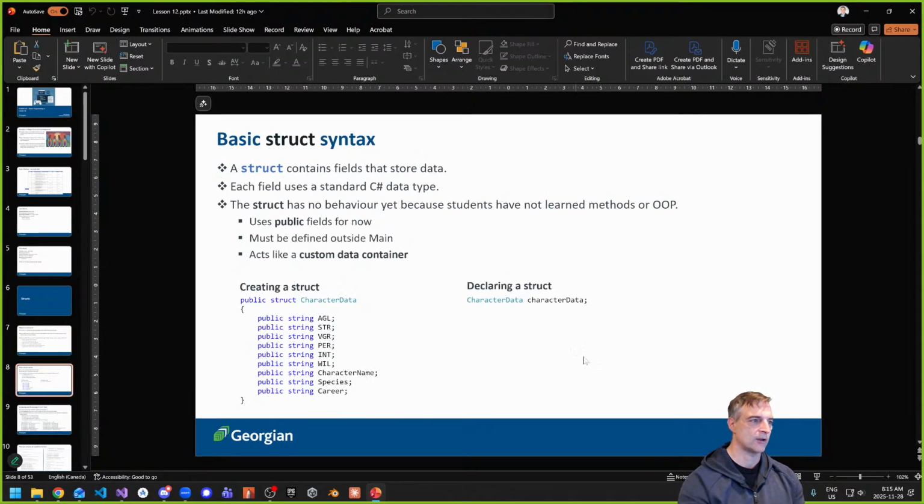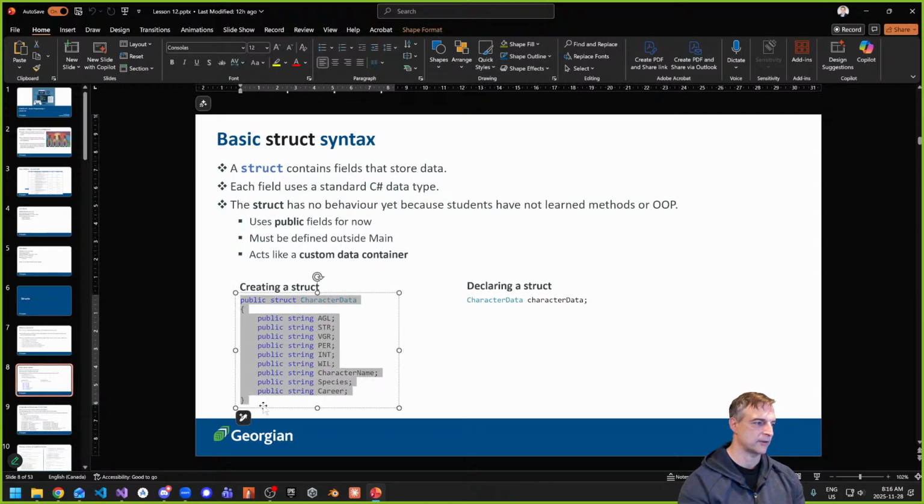So this is how it would look. Again, a struct contains fields that store data, and each field uses a standard C# data type. Okay, so kind of like this. So this is kind of an idea of our struct. Now we want to make this struct because this is part of our in-class exercise 11. So I'm going to copy this part, and I'm also going to populate that in your chat so you can follow along. There it is. So this is the struct. I'm going to take this and put it into my